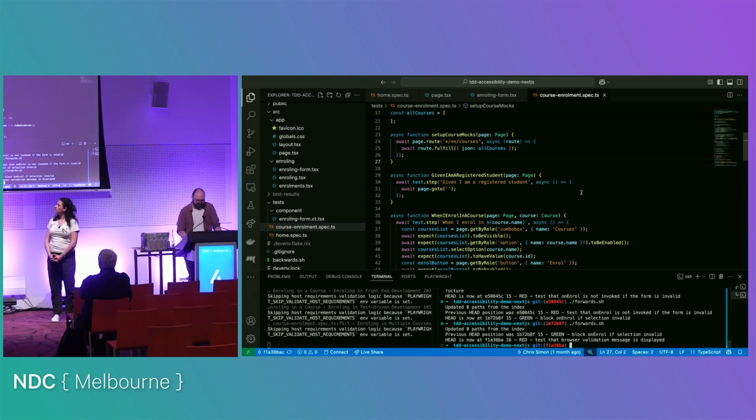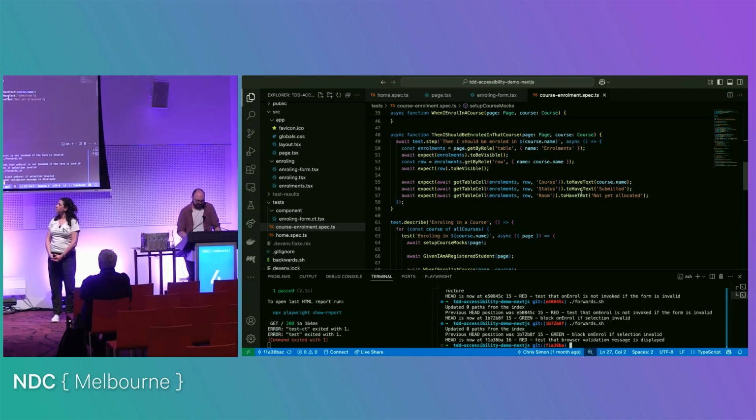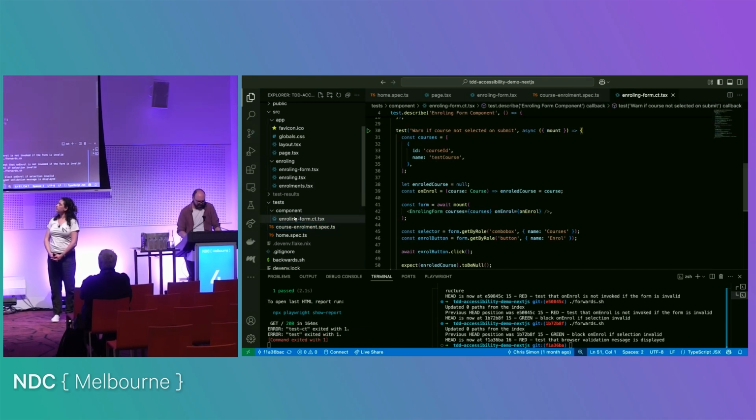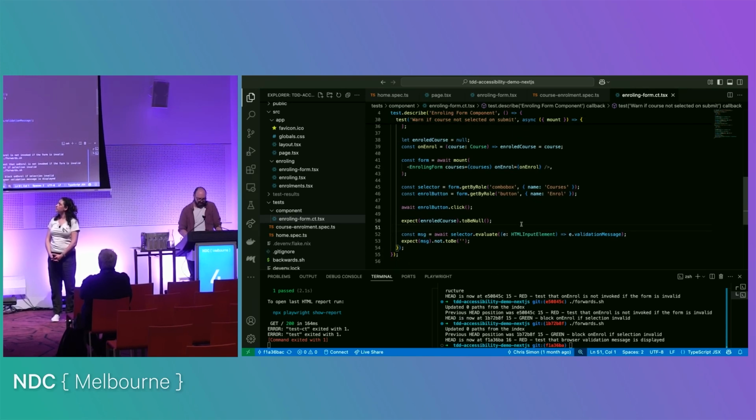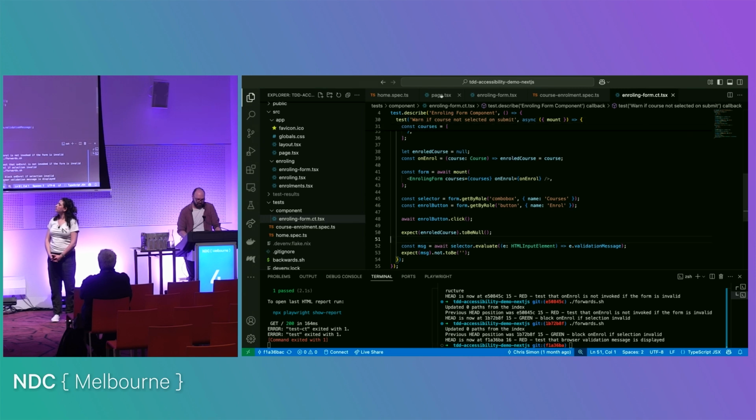The next thing we're going to do is test that there's a validation message in the enrolling form component. Now, browsers have native validation messages. The way that we find that is by using Playwright Evaluate, which actually lets us interact directly with the HTML input element, and we can get the validation message property off it. And at the moment, we're just expecting it to not be the empty string, but it is currently the empty string. So let's go back in